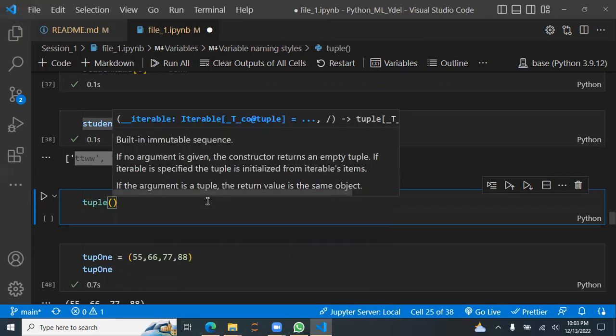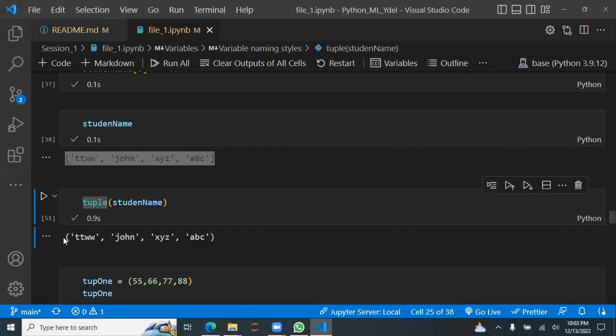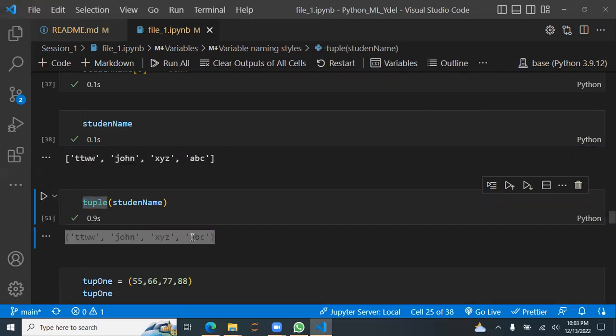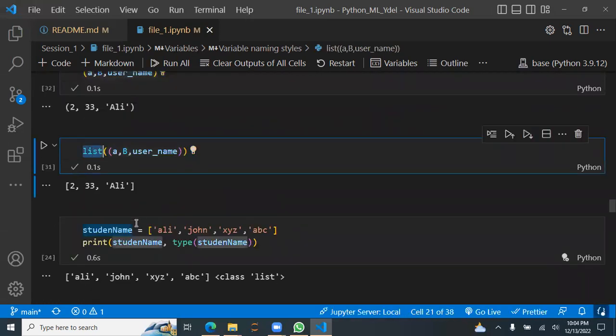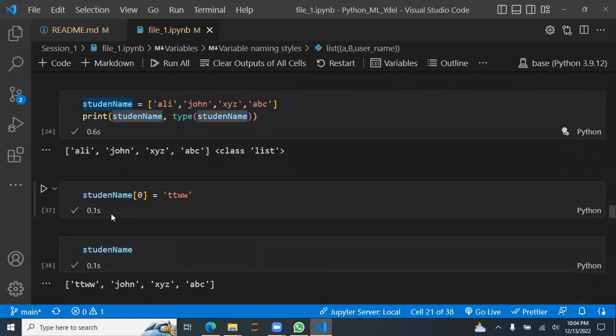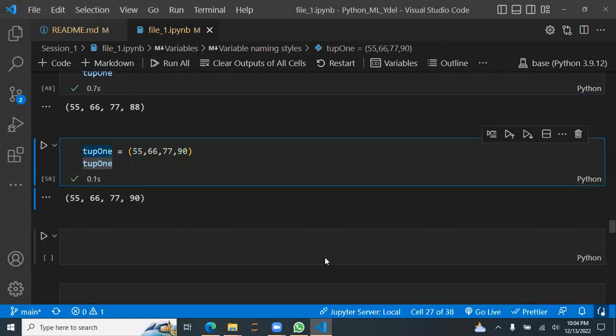Tuple. In tuple I could just pass that list. I'm basically passing this whole list into this function to convert it into a tuple. So that's type conversion. We could convert tuples into lists using the list function, and if we have other data types, we can reverse that by converting it back to a list if we have to,